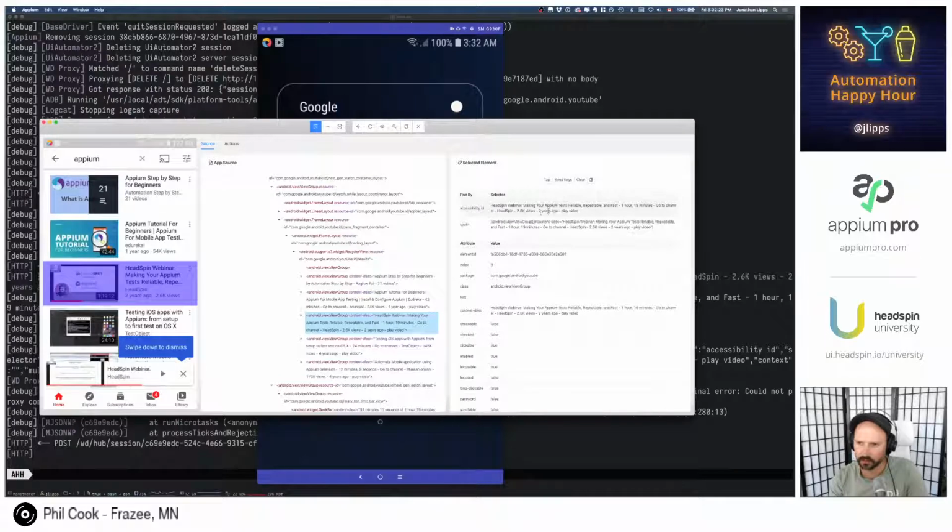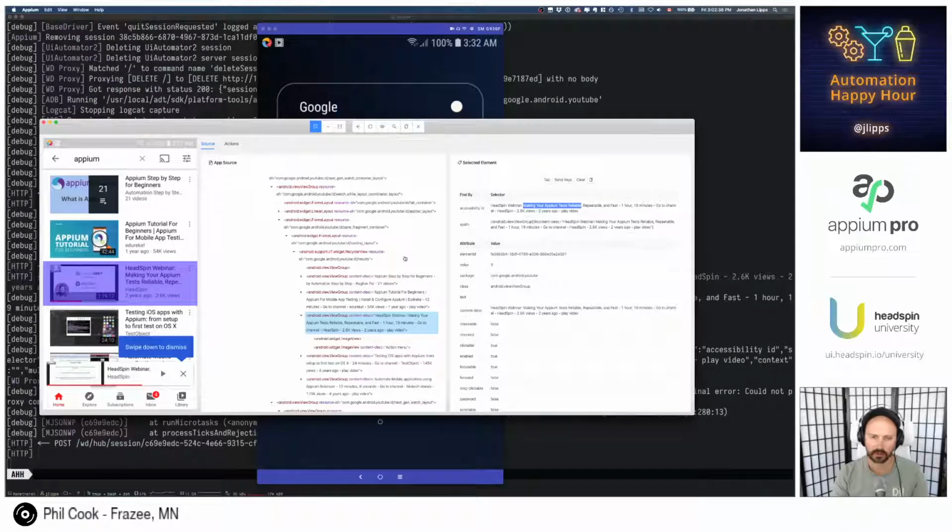Making your Appium tests reliable. This is not the exact same thing that I wrote.